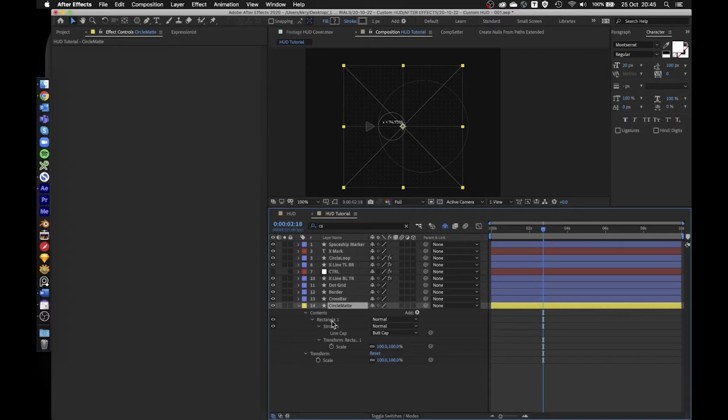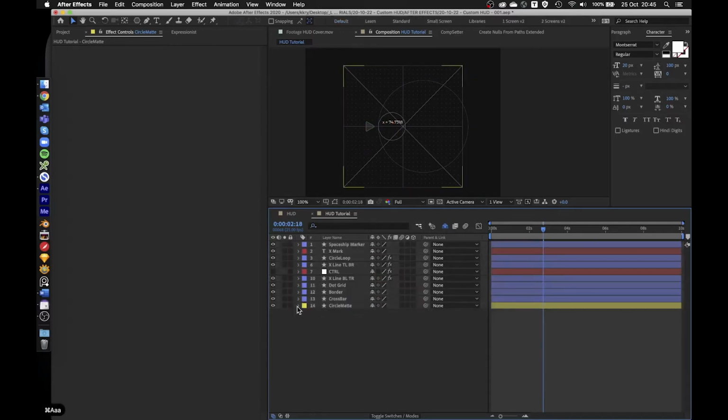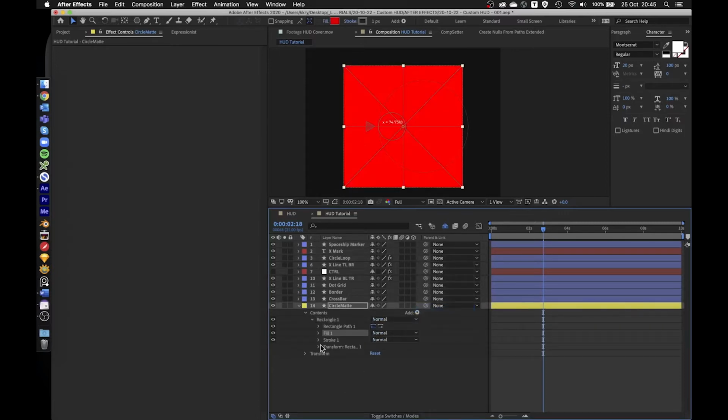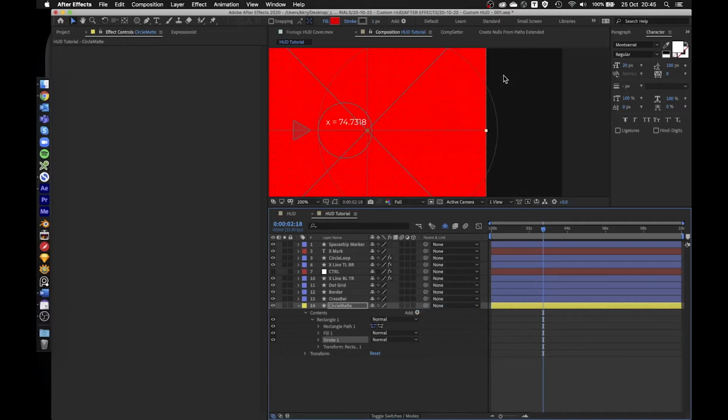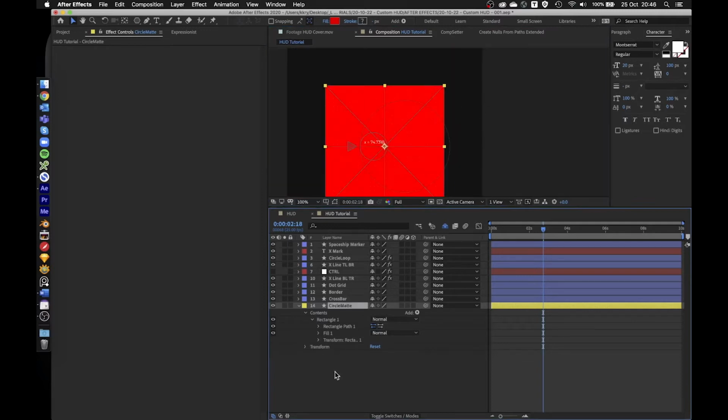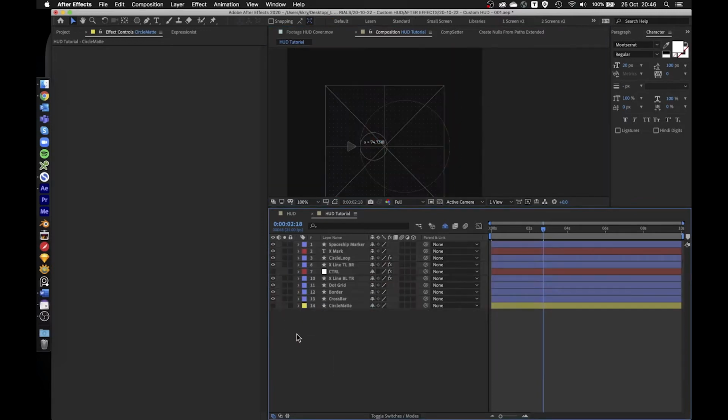So what I want to do is select, okay, let me show you, select the rectangle, go add fill, like so, and I want to get rid of stroke. Otherwise, if we increase stroke, the circle will come out here as well. So I just want the fill. Okay, well, what we need to do is just hide it. Oh, and there's one more thing. Sorry,